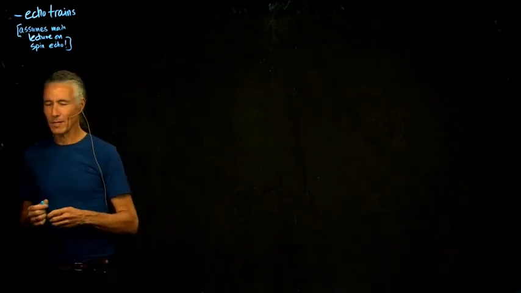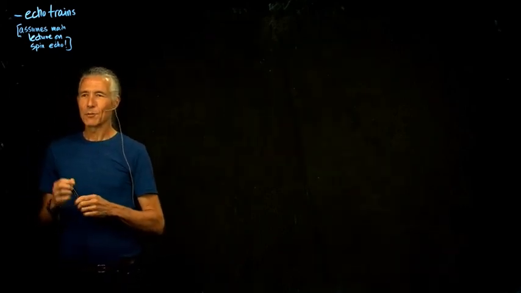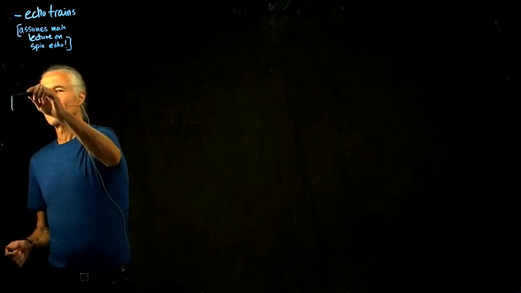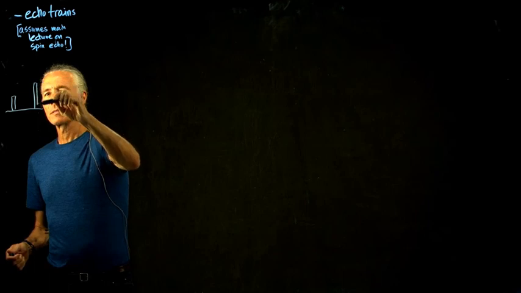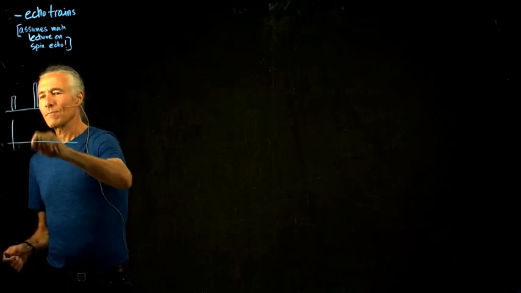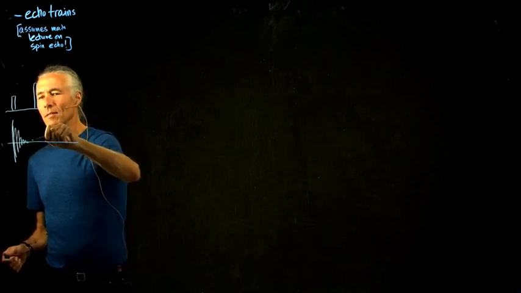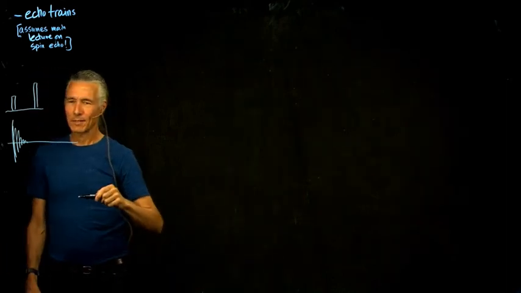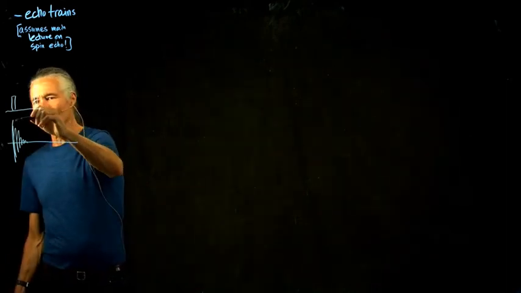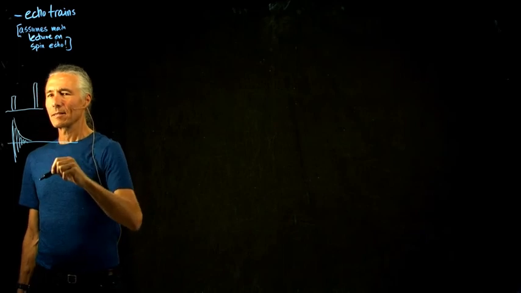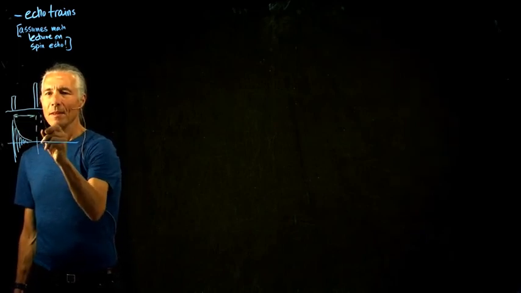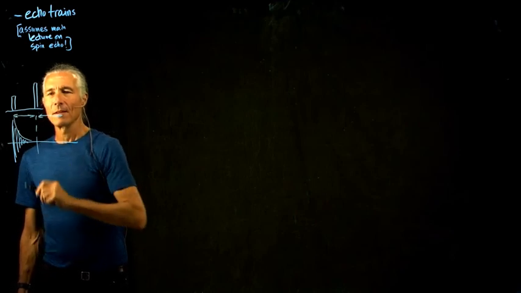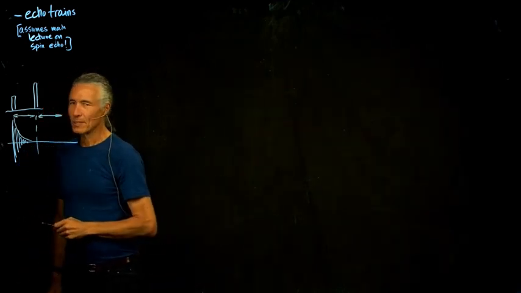SpinEcho is you do an RF pulse, and then you wait a while, and you do another RF pulse, and the first RF pulse gives you an FID. That's a T2 star decaying signal, and then if you wait the same amount of time after that second pulse,